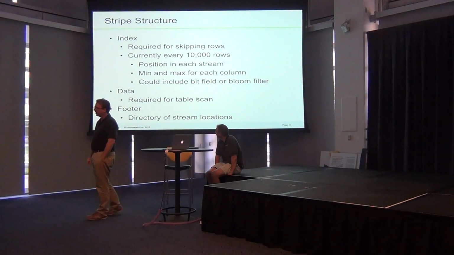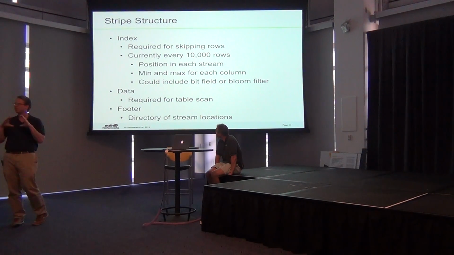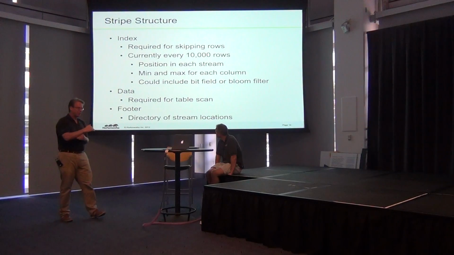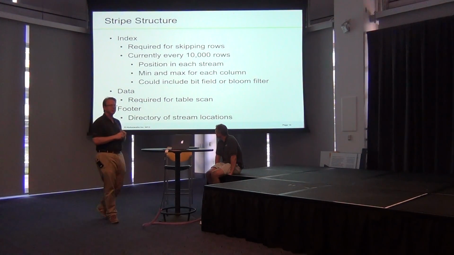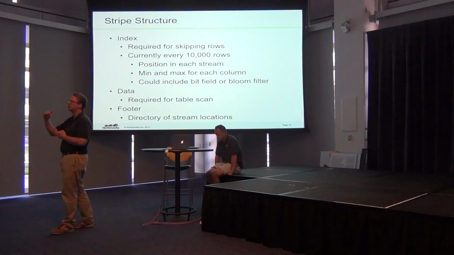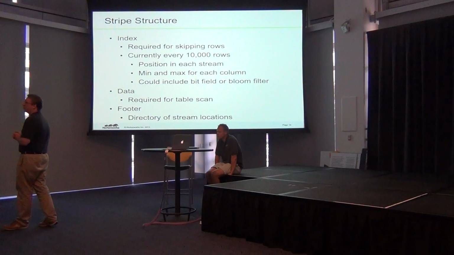So what do stripes look like? They have 3 main pieces. The main piece, of course, is the primary data. The data is the data that will be required for scanning through. We also have a very lightweight index. The index is so that you can jump to a particular row number. That lets you support